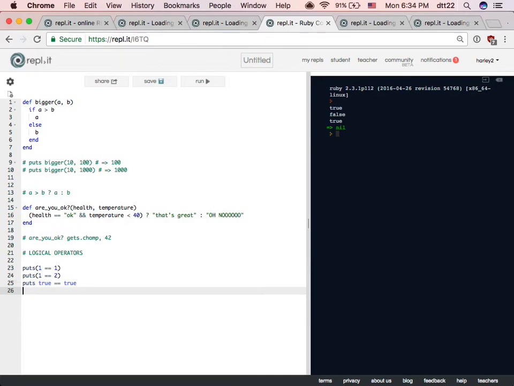Okay? What about true equals true? True. What about true equals 1? It's not the same, right? Are they the same? No. So only 1 is the same as 1. Okay. So with that, let's compare 1 equals 1. True or false?